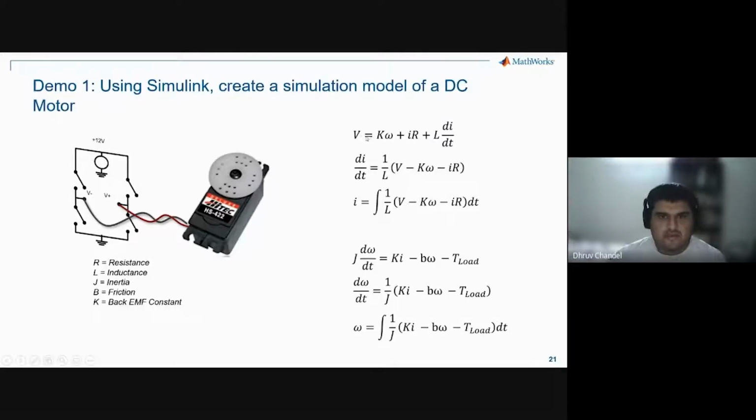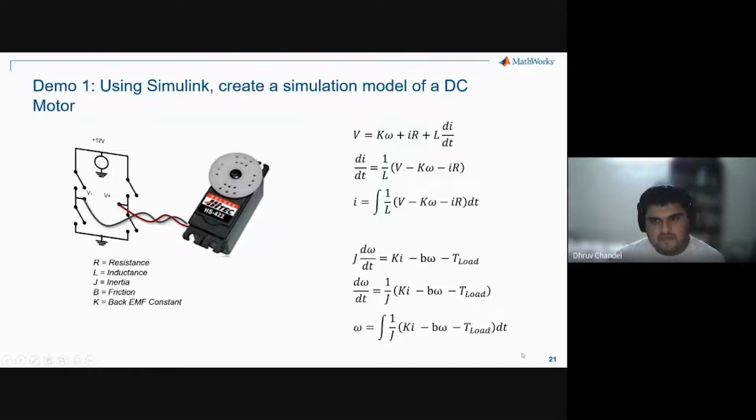So V, which is voltage, equals K omega, which is motor constant times the speed, plus IR, which is current times resistance, plus L dI/dt, which is the inductance times the rate of change of current. Now, if we rearrange this equation in this format, we can get the value of current I in the form of an integral equation. This is a first order differential equation. If you solve this using an integral, you can find out how much current is flowing in your motor given the current state.